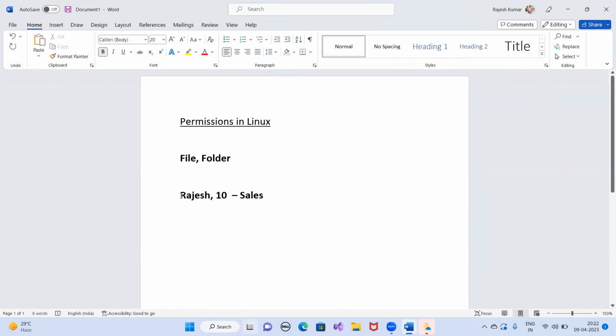So altogether in the company, there are 11 people who are working in the sales department. Now, if the administrator of the company wants to assign any permission, suppose there is a specific shared folder for the sales department where everyone saves their data. But since we have 11 people, there will be different permissions. Some will have higher rights, some will have lower rights, some will have the full permission, some will have the read-only permission. So why do we give the permission?